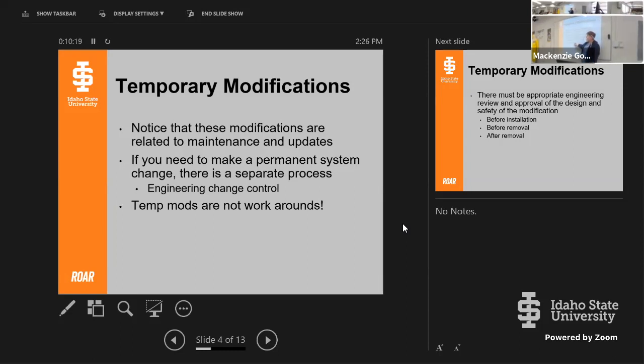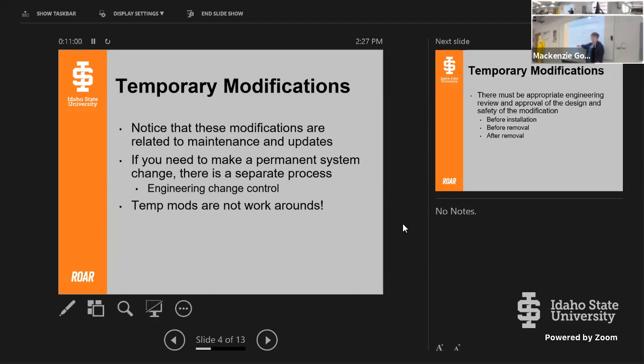This was something that INL was in the process of fixing, a history of allowing temporary mods to be workarounds as I was working there. And the system engineering manager did something that made every one of the operators and shift supervisors very angry. Everyone kept saying this process is too much paperwork, it's too hard, it takes too long. So the engineering manager said, okay, well, I'll just make this process even harder, so you have to use the right one. And it made everyone mad because now this quick fix,